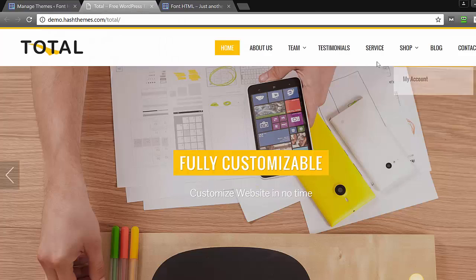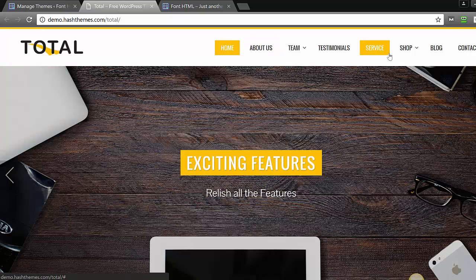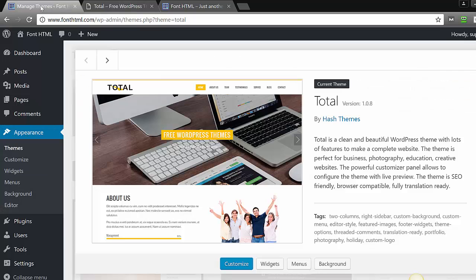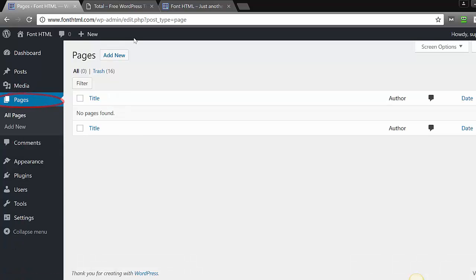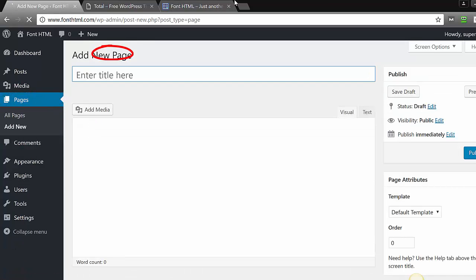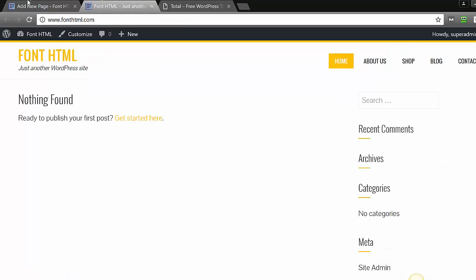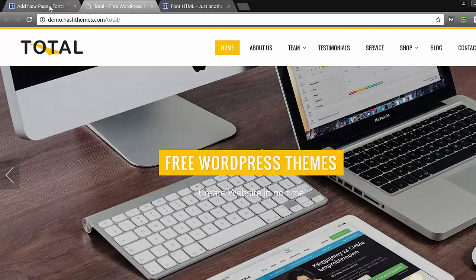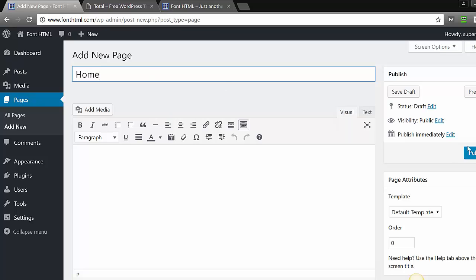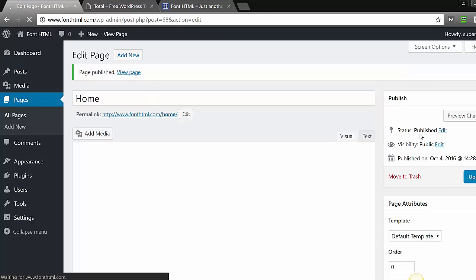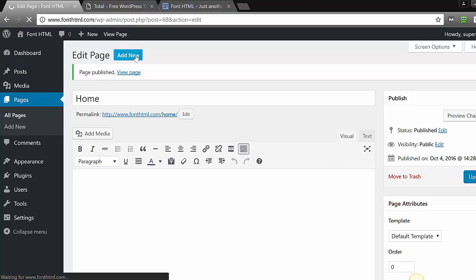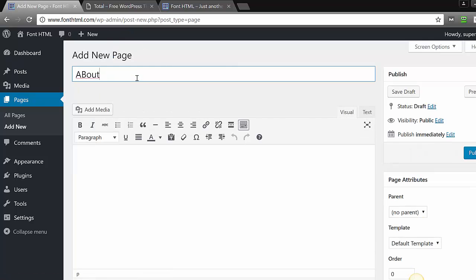So if you notice that in this theme we have homepage, about us, testimonials, services, blog and contact, we're actually going to go ahead and create those same pages on our website. So we're going to go to pages and add new, and we're just going to go ahead and create the pages. So we're going to go with home, and then about us,